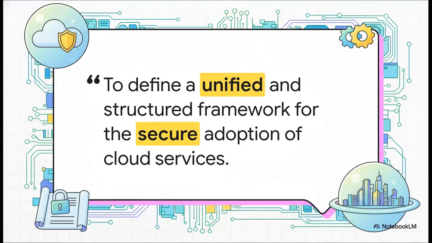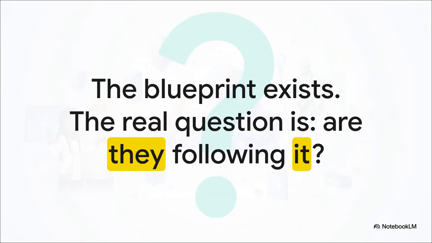What this all boils down to is that a strong blueprint like this ensures that the apps you use every single day are designed from the ground up with your safety in mind. See, good security isn't just an add-on or an afterthought. It's a deliberate, core part of the design, and it's all thanks to this master plan. And that kind of leaves us with one final thought. We now know that every great digital fortress is built on a detailed blueprint, just like the one we've walked through. So the real question we should all be asking is, are the companies we trust actually following their own plans?